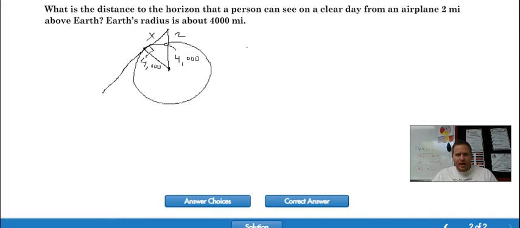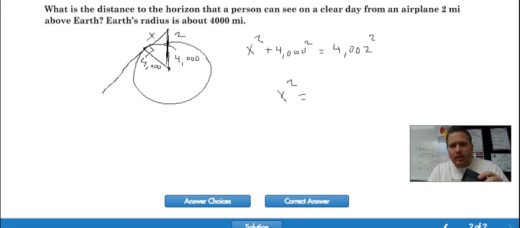So I'm going to have x squared plus 4,000 squared equals, and again, I'm going to add these two together right here, combine those together to get my hypotenuse, which is going to be 4,002 squared. And again, I know that's my hypotenuse because it's across from the 90 degrees. So again, I'm just going to calculate these out and subtract across, and I'm going to get x squared equals,